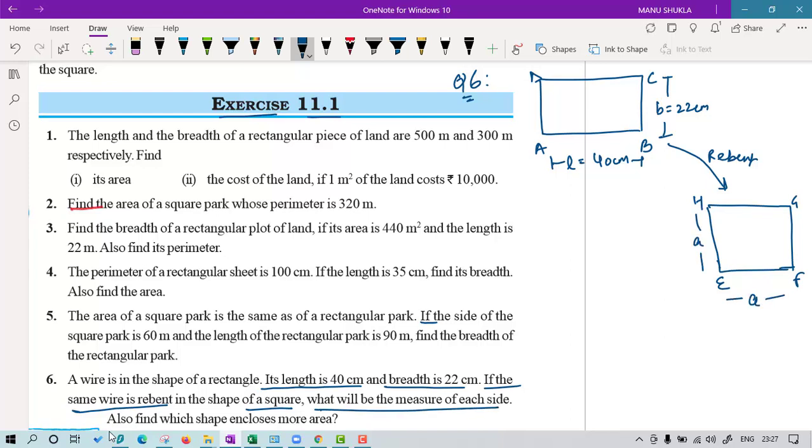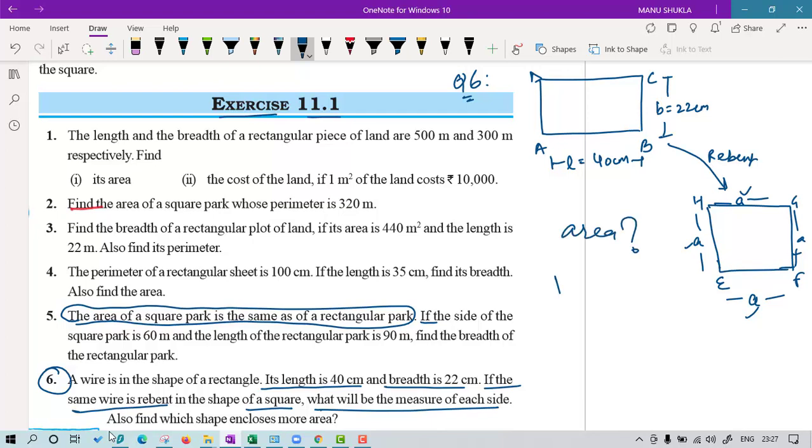Our purpose is to find this A. Now again, as in the last question, it was given that the areas of both are equal, and we equated the area and found the missing thing. But now nothing is given to you about what is equal in these two figures. You have to realize and evaluate what in these two is the same. Is it area or is it perimeter? You have to think, class.